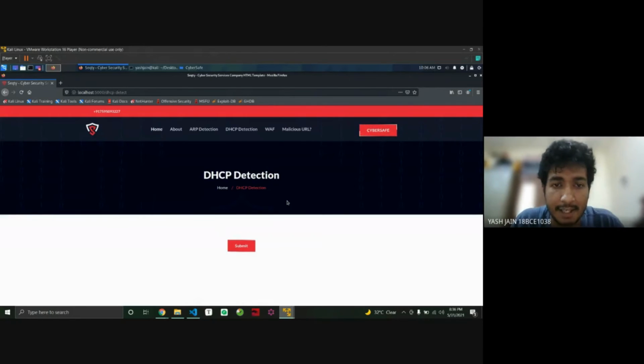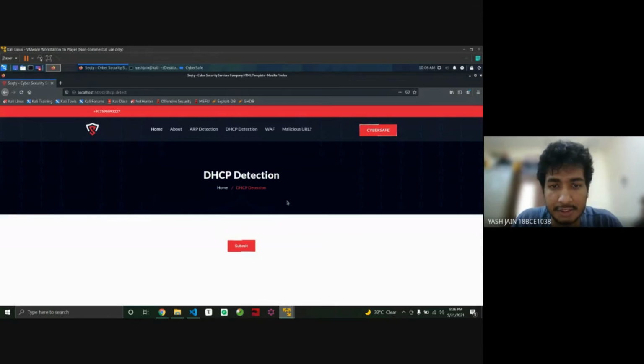Now, as an attacker, what we are going to do is send too many requests to the DHCP server in such a way that we freeze all the IP addresses which are available in the local area network. And because of that, what will happen?